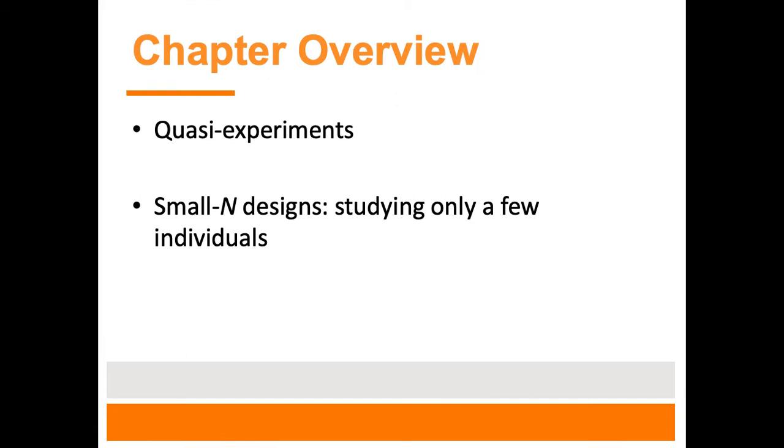So we're going to talk about quasi-experiments, these sort of naturally occurring experiments where we're not randomly assigning something in a manipulative sort of way, although we may intervene in that we could give an intervention to a group of people, but they would be where they naturally are, let's say at work or at school. But we're not randomly assigning necessarily people to those conditions. We get very close sometimes, but not exactly.